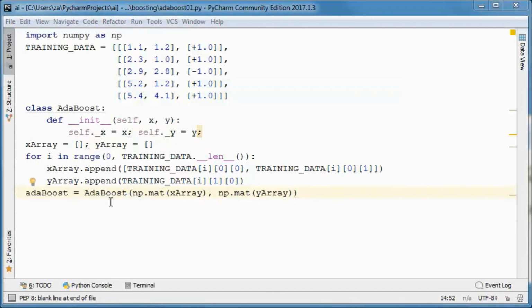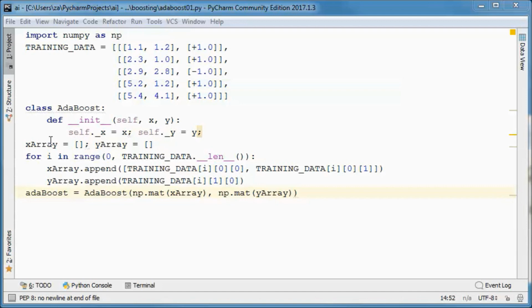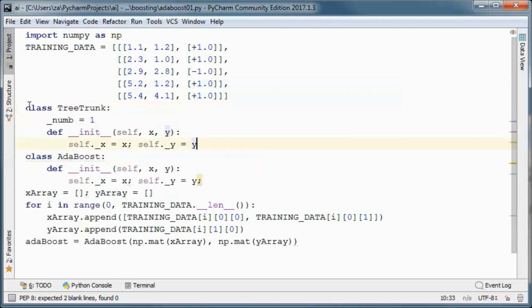So we will pass X array and Y array to this constructor as matrices, and the overall classifier will be made up of tree trunk classifiers, which will be represented by this class.